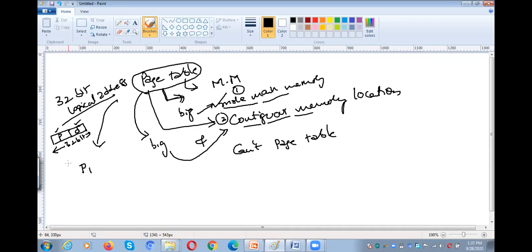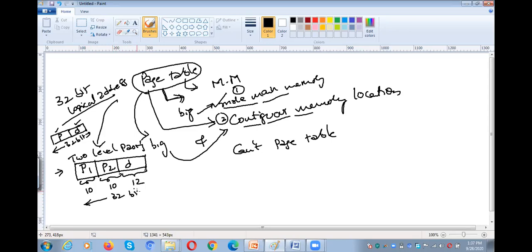Now, with the first technique, what we are doing is called two level paging. In two level paging, we divide the page number into two parts, and then the offset. So P1 is 10 bits, P2 is 10 bits, and the offset is 12 bits, total 32 bits.